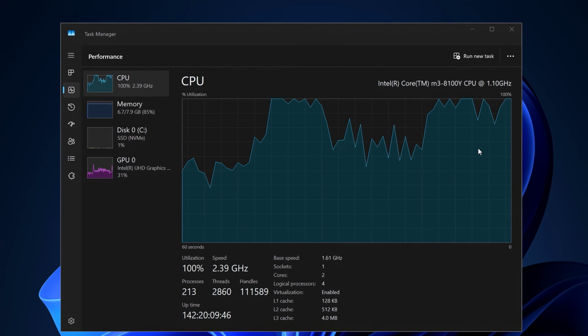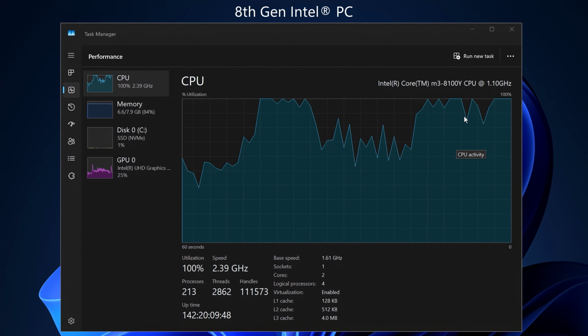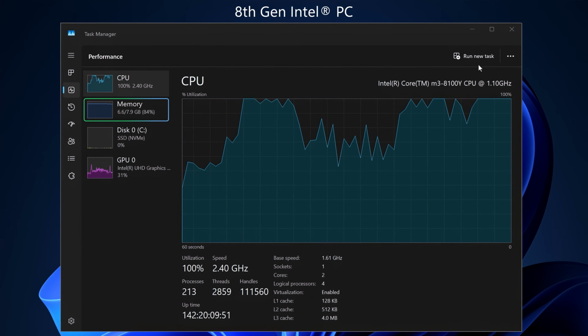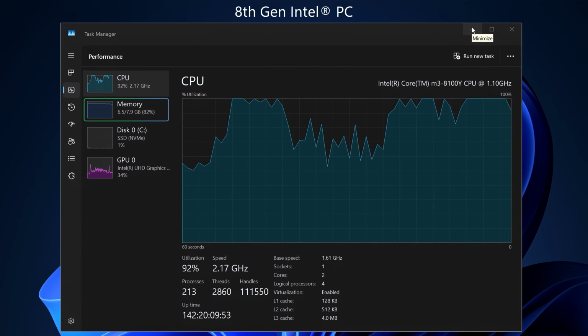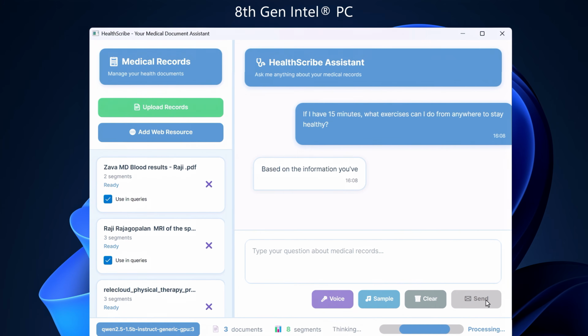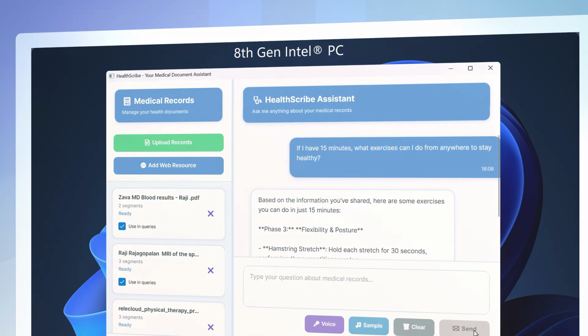In fact, this time I'm remoted into an 8th gen Intel PC. It has integrated graphics and 8 gigs of RAM, as you can see here in the task manager. I'll minimize this window and move over to the same app we just saw. I'll run the same prompt, and you'll see that it still runs, even though this PC was built and purchased in 2019. And as we saw, that went a little bit slower than some of the other devices, but that's not really the point here. It means that you as a developer, you can use the same package and it will work across multiple generations